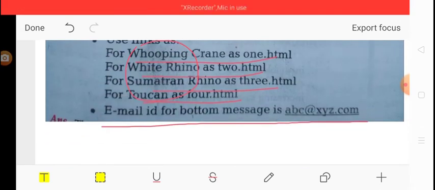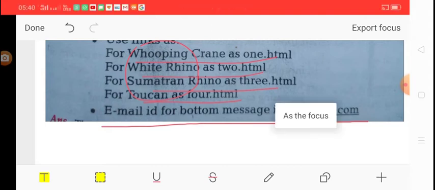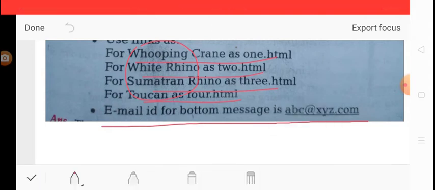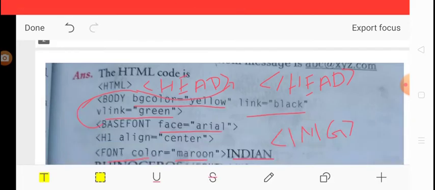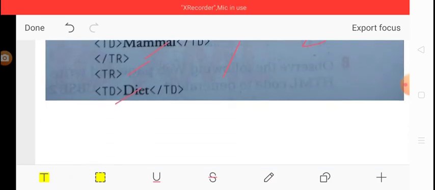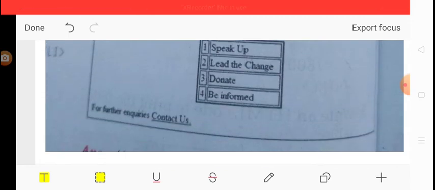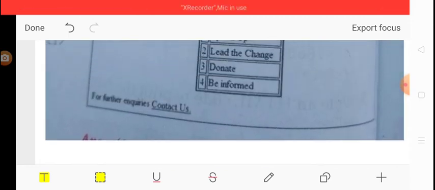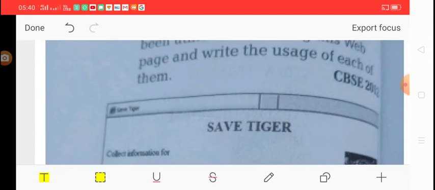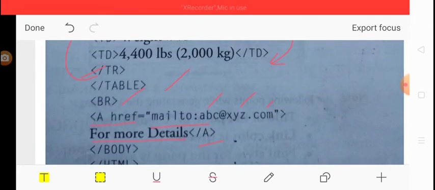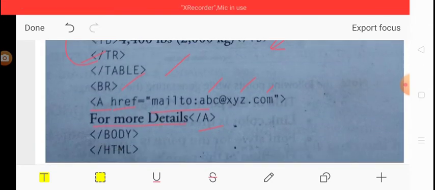You can easily see here that the email id for the bottom message is abc@xyz.com. Okay, now look at the question. So the email id is abc@xyz.com.